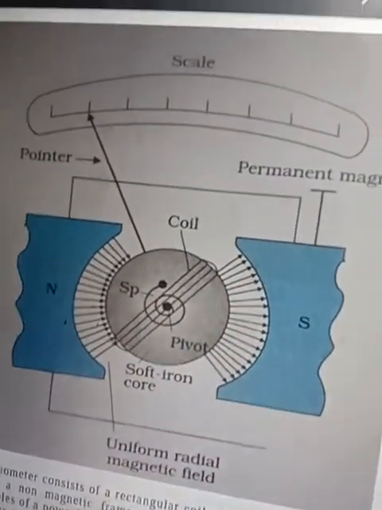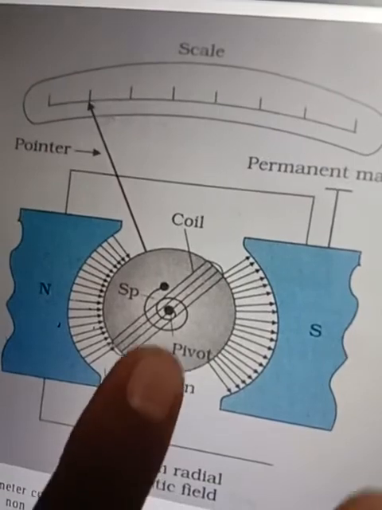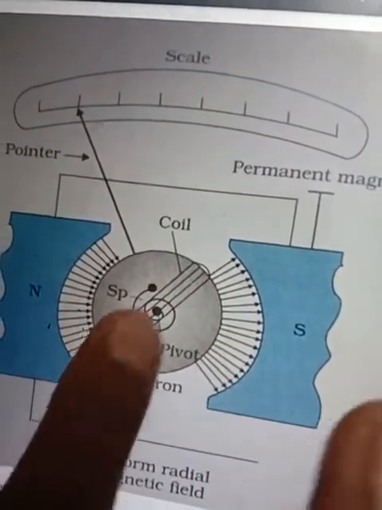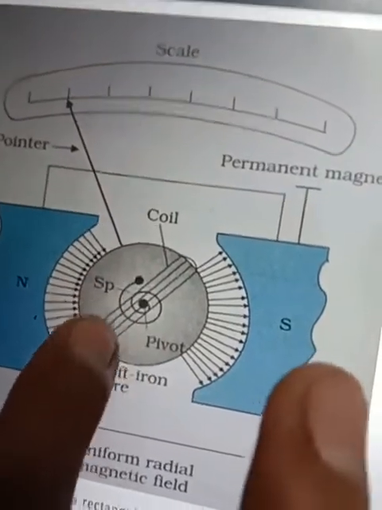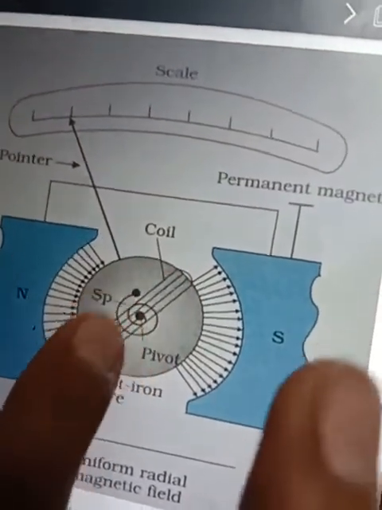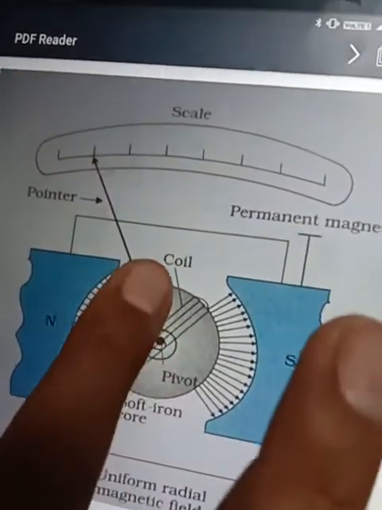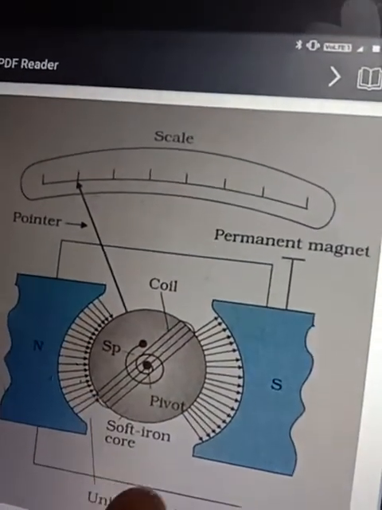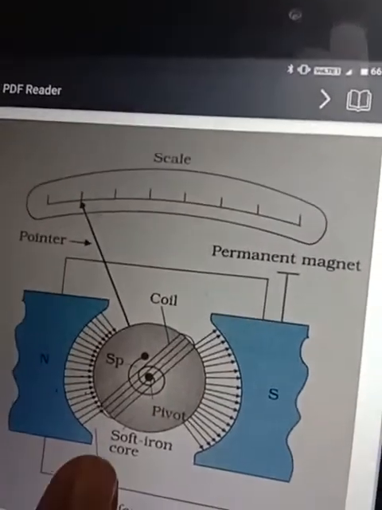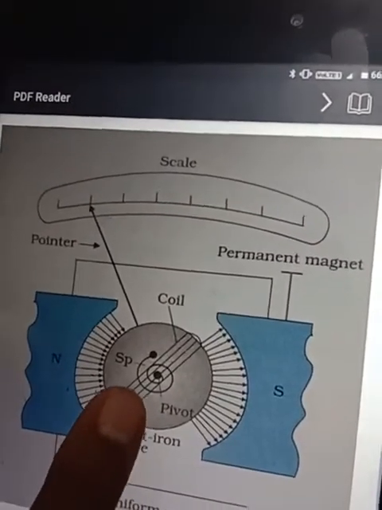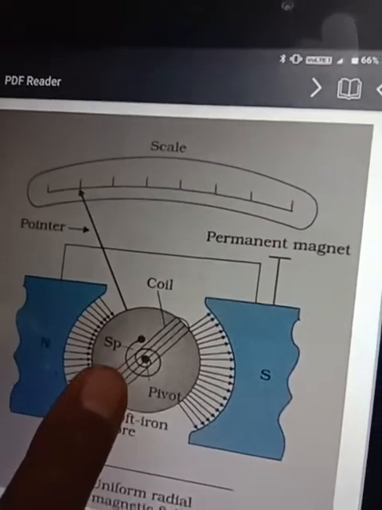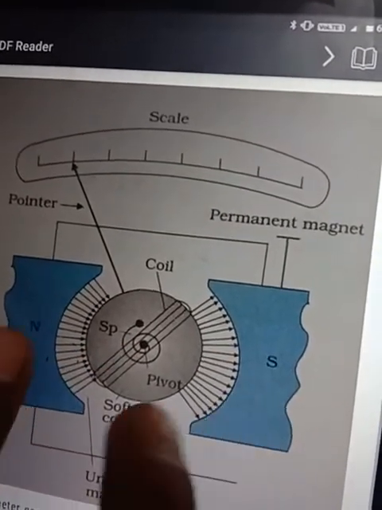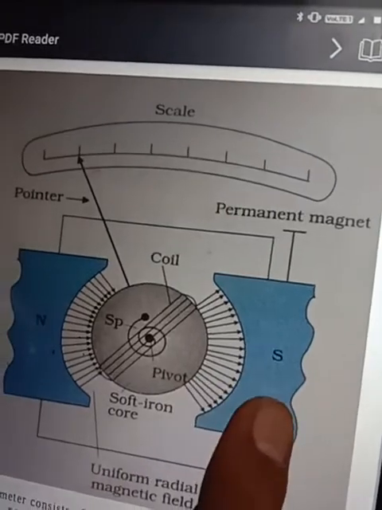So here what is happening? To the soft iron core a coil is connected, rectangular coil. These are the number of turns of the coil. ये जो है ये वायर दिख रहा है, ये जो है ना वायर है. This wire, this coil will carry the current, and when the current is there, what will happen? Because of the current in the coil, it will create the magnetic field, and that magnetic field and this external magnetic field created by this north pole and the south pole.